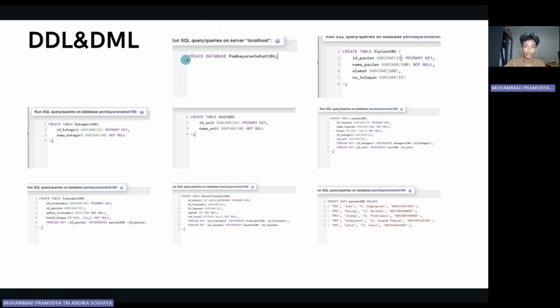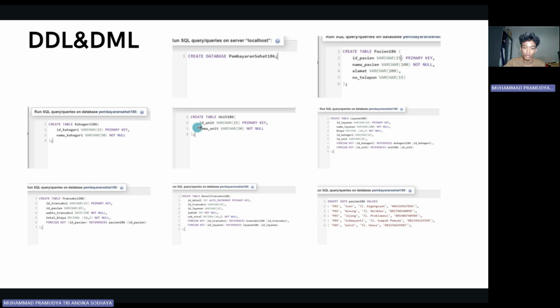First, we have to create a database, which is Pembayaran Sehat 186, and then we create a table which contains Patient 186 with ID patient, char 15 with primary key, and name patient with char 100 not null, and then alamat char 200, nomor telepon char 15. And then we create a table category which contains ID category with char 15, primary key, and name category with char 50 not null.